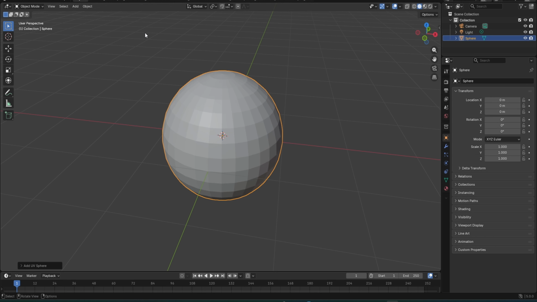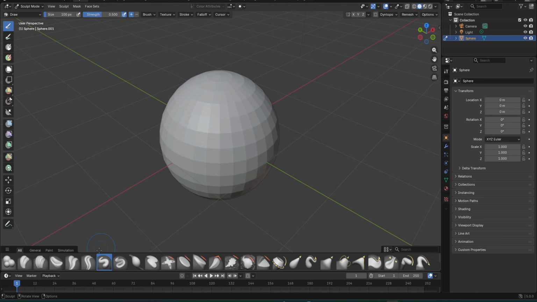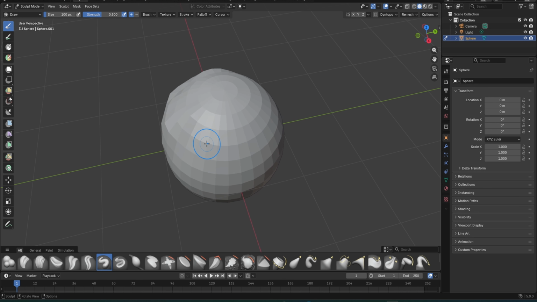a UV sphere. We go from object mode to sculpt mode. Now, again, I will not go through all of them because I'm not experienced in Blender, not at all. But I will give you an idea of how easy it is. You can just pick a tool and start doing things, and you can already see it's changing the shape of the sphere. How much it changes has to do with the weight of your brush, and really the number of your various